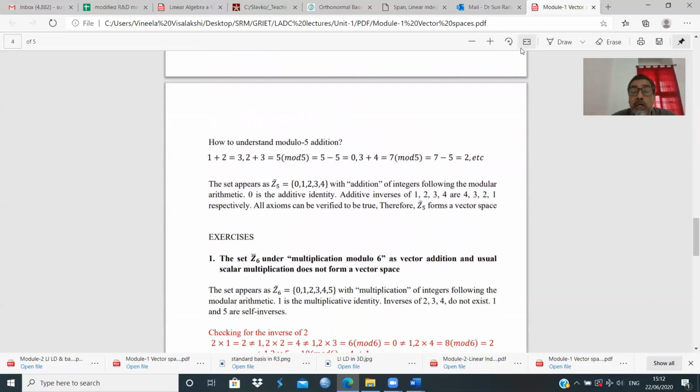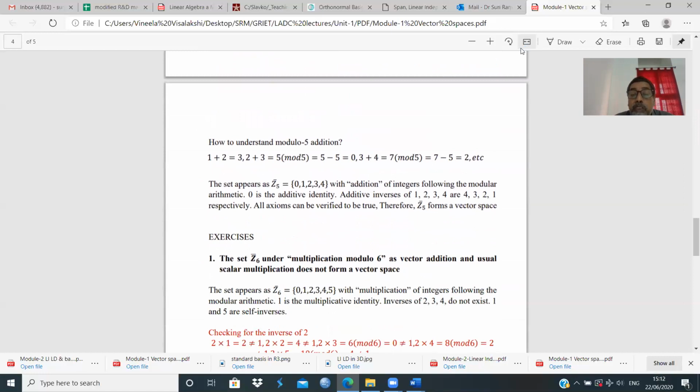So by this constrained addition technique, we can find that addition modulo 5 will make the axioms from 1 to 5 workable. Similarly, when you multiply with any scalar and use the modulo arithmetic, you will be able to verify the other properties. But the most important properties to test are the inverses of the elements of Z5.